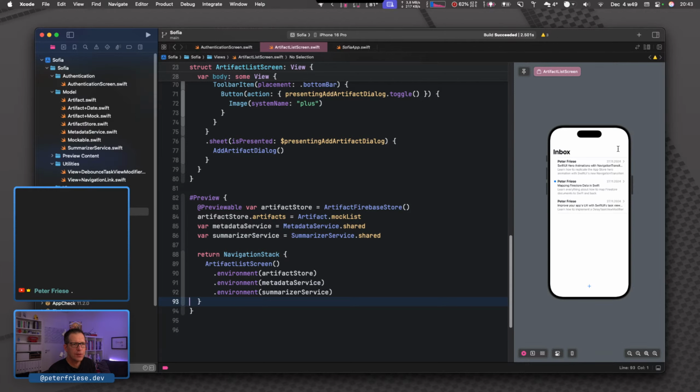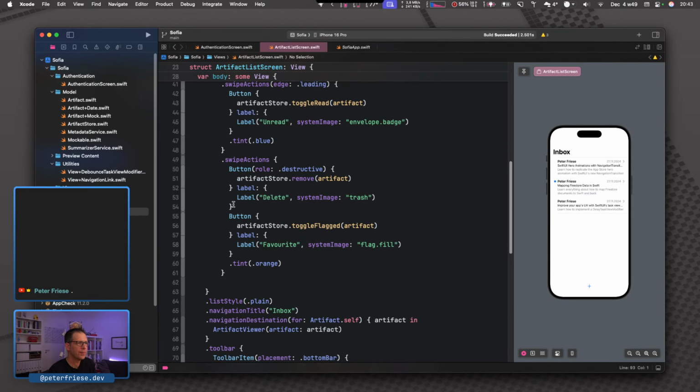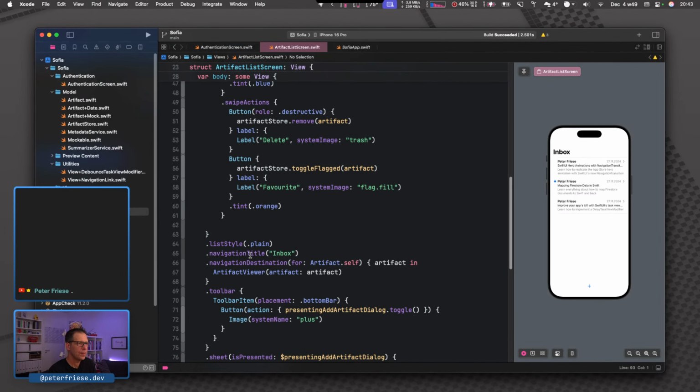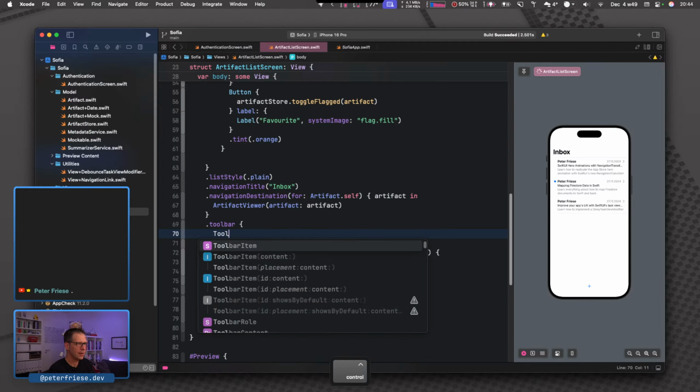So I want to put a button up here for the login dialog. Okay, so we need the toolbar, and this is for the bottom bar. So we can add a new toolbar item here.